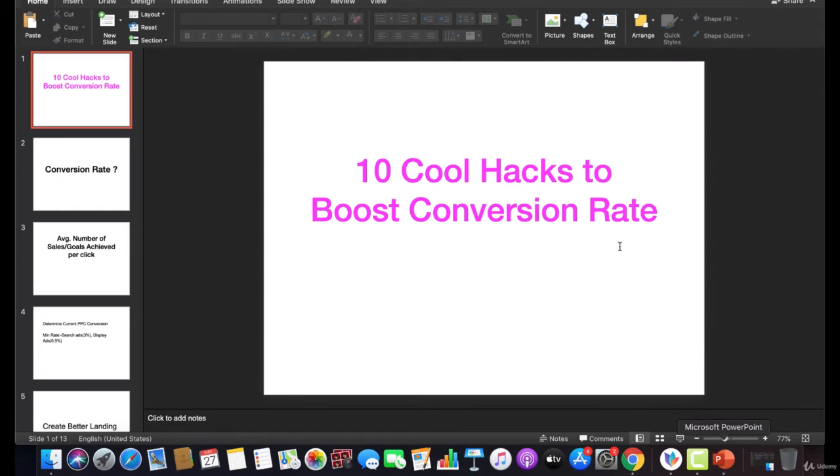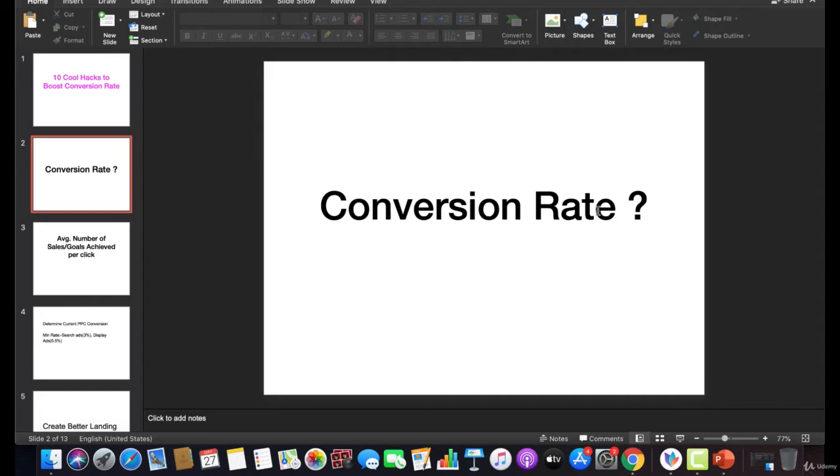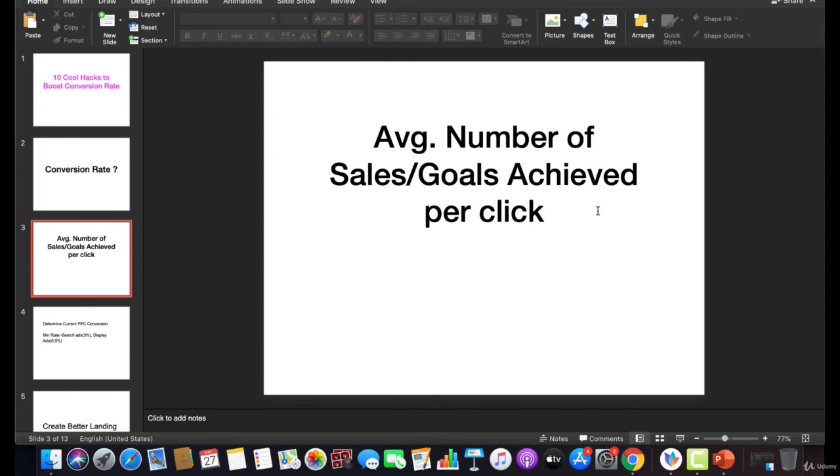our conversion rate. So I am going to share how you can increase your conversion rate. First of all, we need to know what conversion rate is. Conversion rate is, for a particular product or service you are advertising, the number of sales divided by clicks.